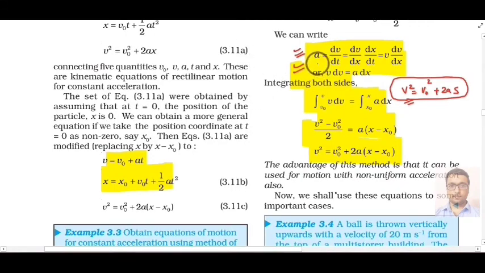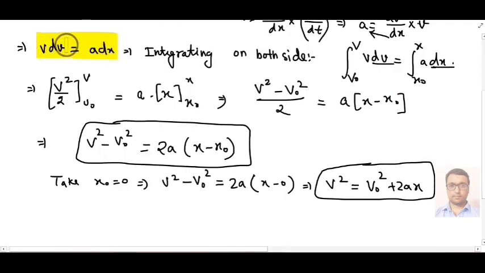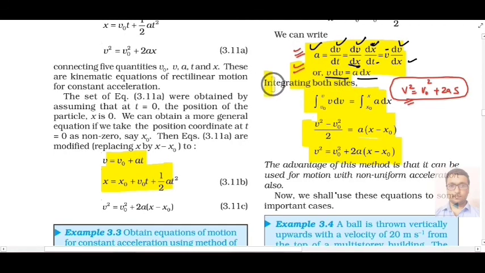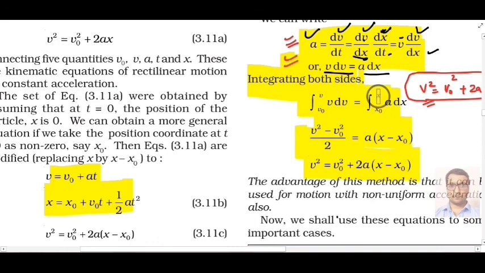Here in your NCERT portion also you can read that acceleration is dv by dt, and multiplying by dx we write it as dv by dx and then dx by dt. This dx and dx we have multiplied and divided together. So it will be v dv by dx, or you can write v dv equal to a dx, like here we have done v dv equal to a dx. Then we have integrated on both sides, like this integration sign. Now here also you can see it says you have to integrate both sides, and for the integration of v dv, the limit is v0 to v and x0 to x.